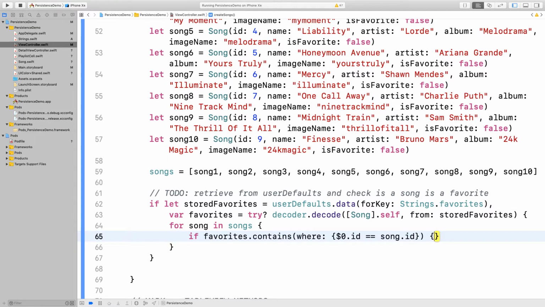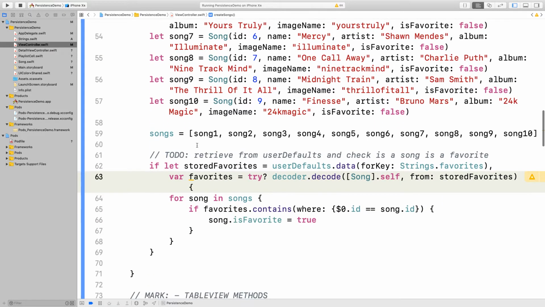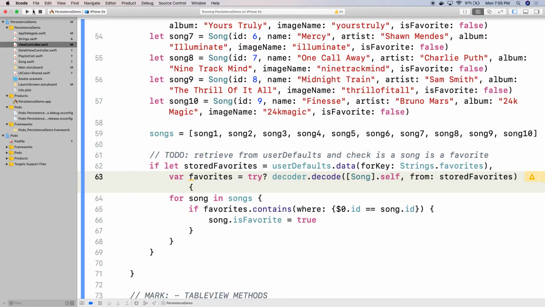And if that occurs and the song is a favorited song, then we just say song.isFavorite equals true. So then if we run this,